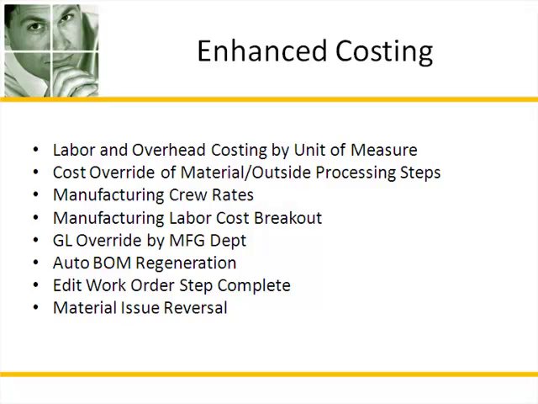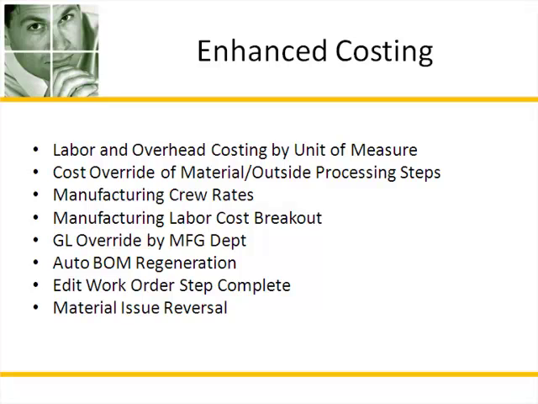This presentation will cover some of the cost-related enhancements that E2B Technologies has created for the MAS 500 manufacturing modules. These enhancements include the ability to calculate labor and overhead for routing steps based on factors other than machine hours, the ability to override the standard item cost for routing material and outside processing steps, the ability to calculate the